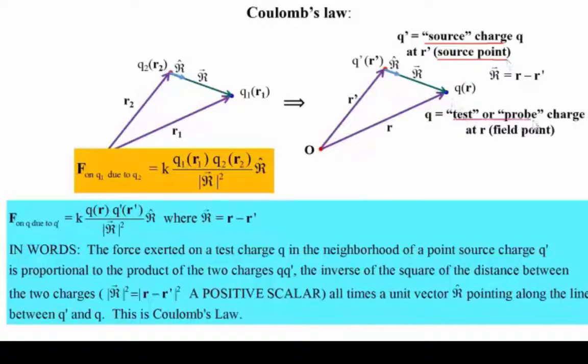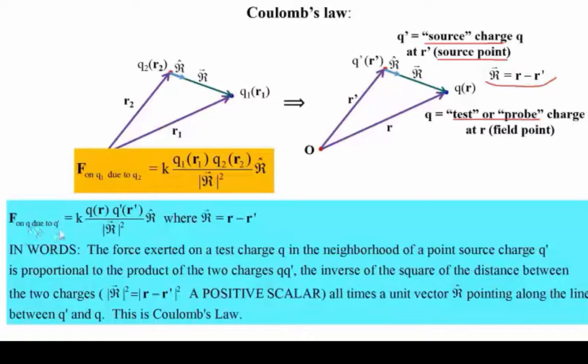Now you have a probe charge, which we'll call Q. This is at the position R, whereas the source charge is at the source point R prime. Just as we did before, we define this funny R vector that goes from the source point to the field point, and that's this quantity here. So, translating what we had before in terms of 1s and 2s, then the force on Q, the test